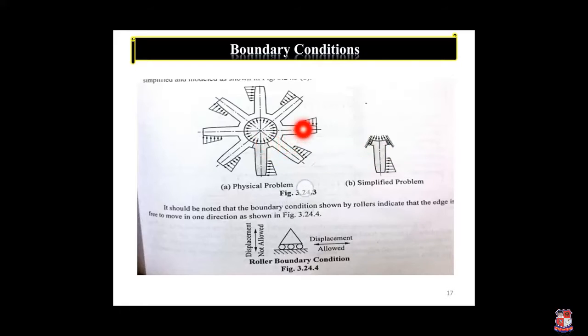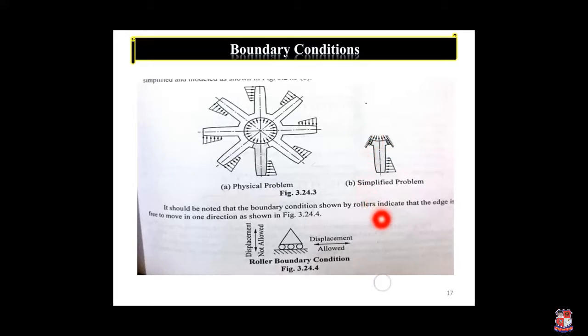On the outer side, the same blades are there, divided into equal parts. So what can I do? I provide the roller support, and I just find out the particular force, or pressure, or whatever degree of freedom we are applying onto the blade. Instead of analyzing the whole system, we just analyze one component. It is called a simplified problem, and then I multiply it, so I get the final result.